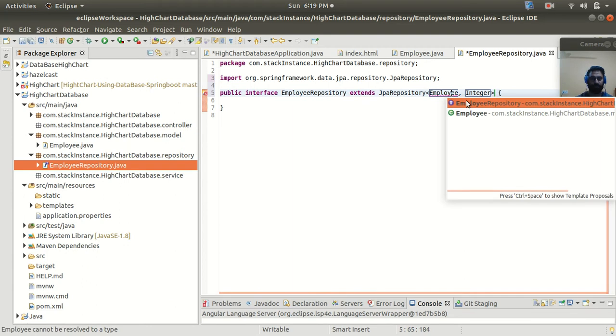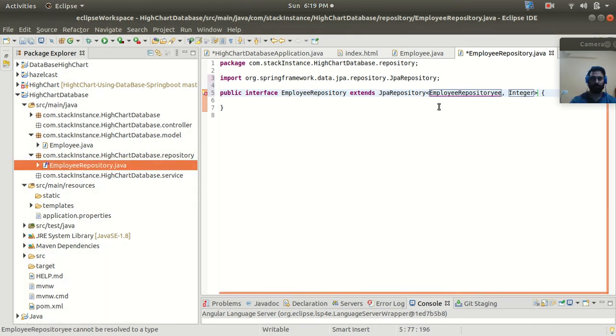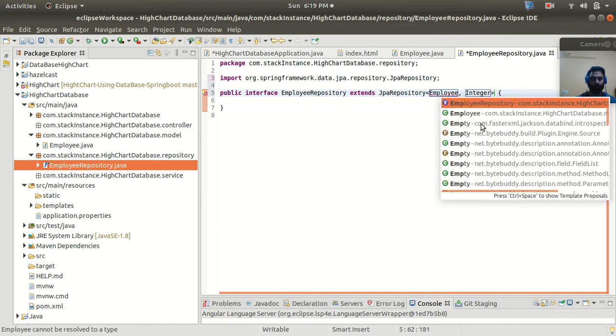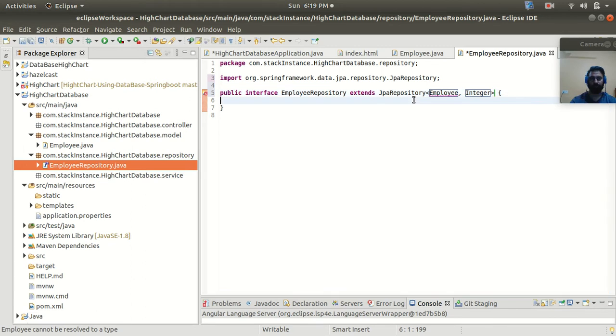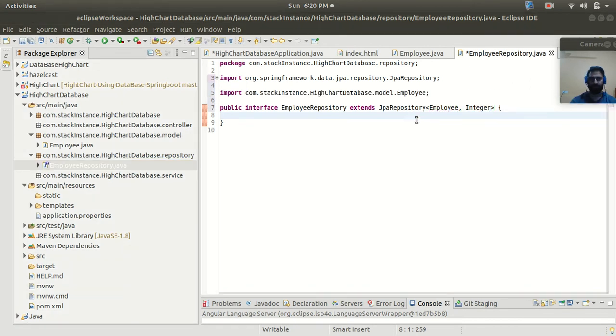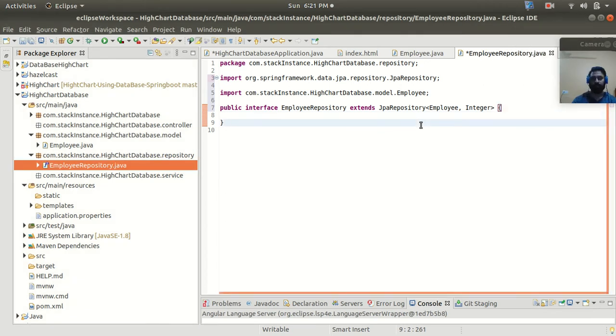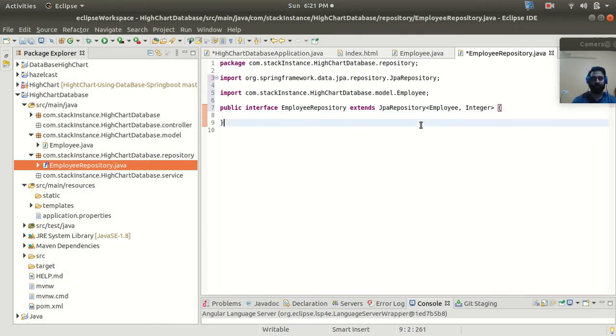So let's import this. Yeah, fine. So till here we have implemented our repository interface.